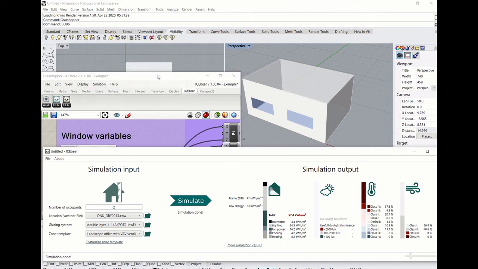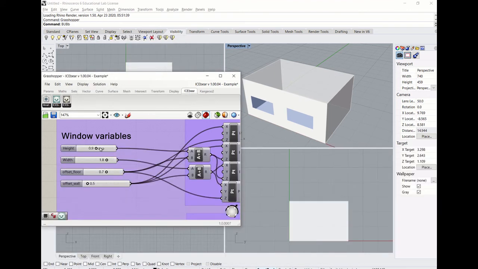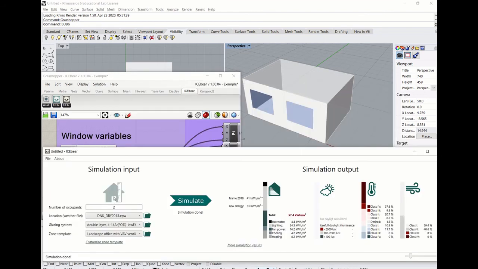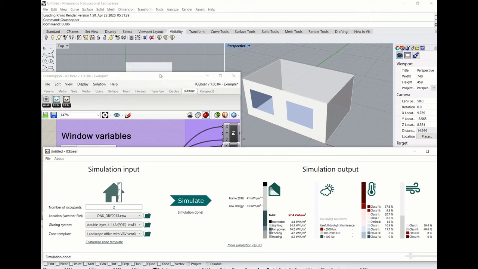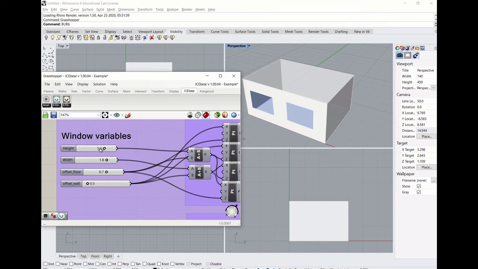Let me just show you again. Window height, I don't know, something like that. And then checking it here, you can see the area of the fenestration is changing as I'm changing it in the model. So it's very easy, and it's directly connected to the ICEbear interface once everything is set up. So yeah, let's make it smaller and see how the thermal simulation